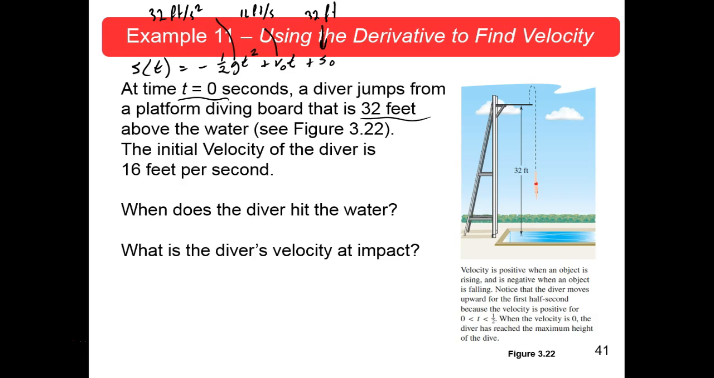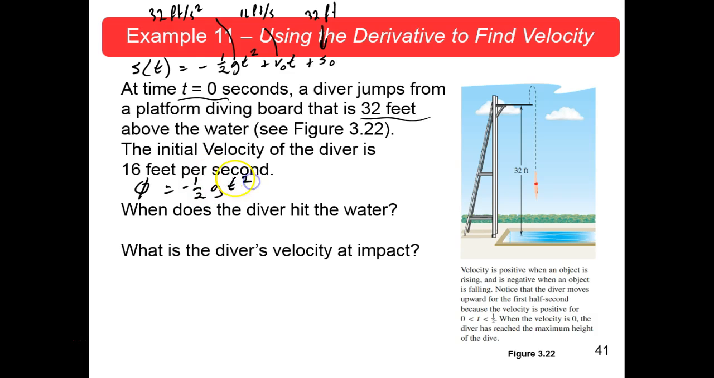So the question is, when does the diver hit the water? Well, let's plug in what we know. Fill me in on something. Where is the water? It's down here at S equals 0, because that's plus 32 up there. So S equals 0, here's where the water is. So that's our S of t. We just don't know what time it is. So our equation is 0 is equal to negative 1/2